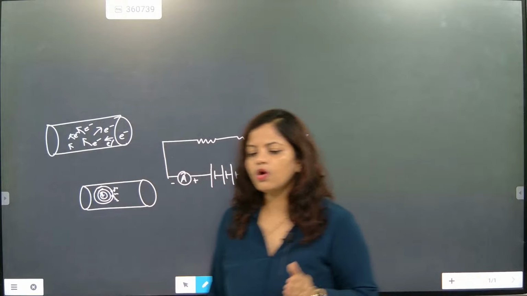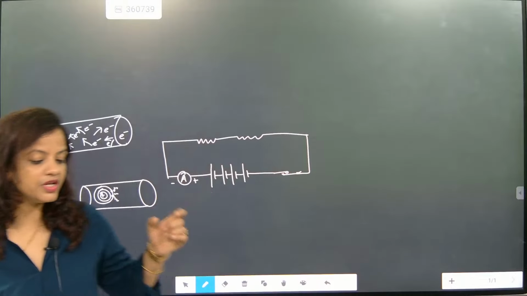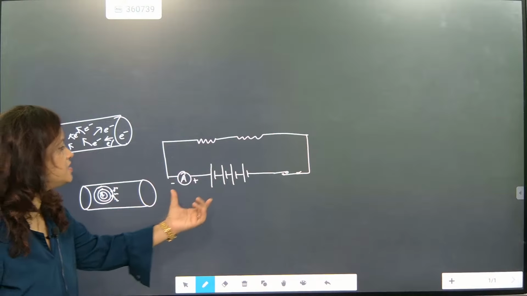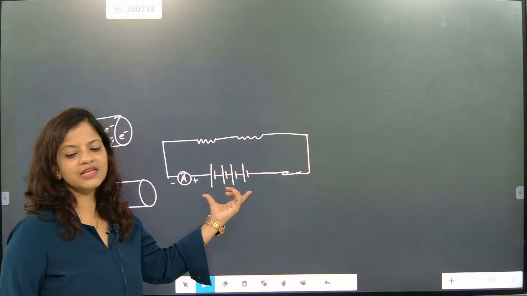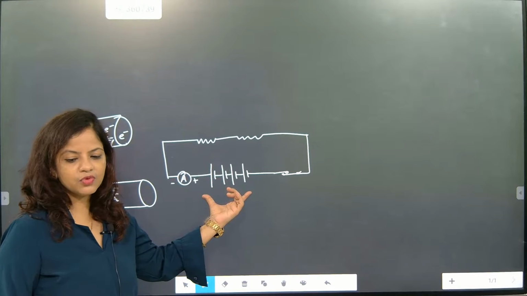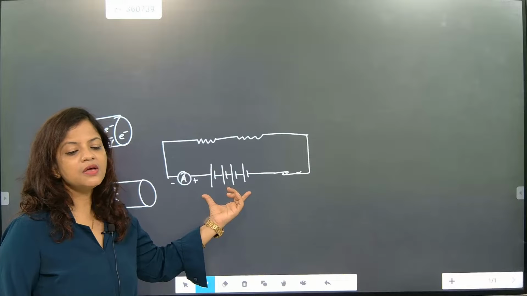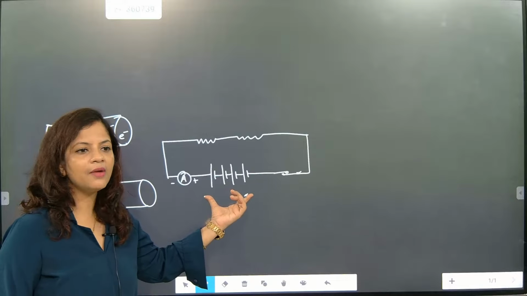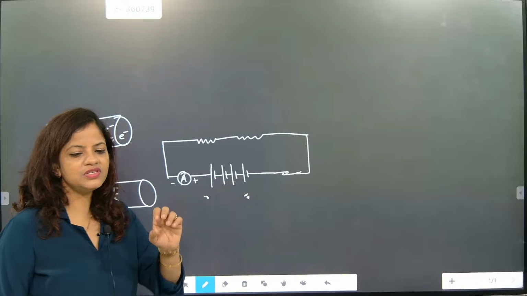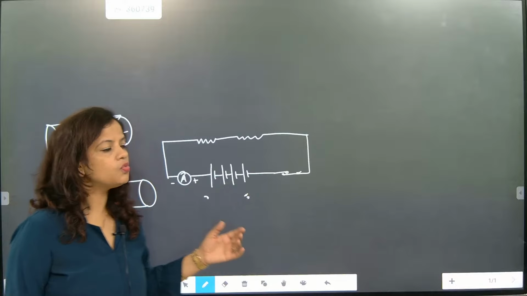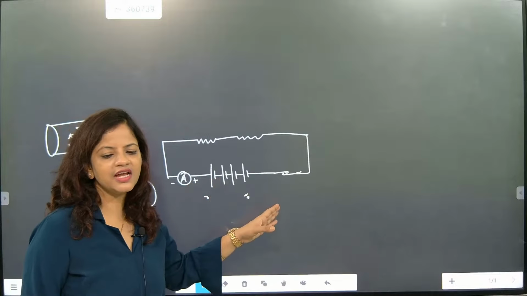But what if it is connected to a potential difference? Once the battery is connected, the zigzag motion changes. A drift is generated, which means there is an energy variation, with one side positive and one side negative.